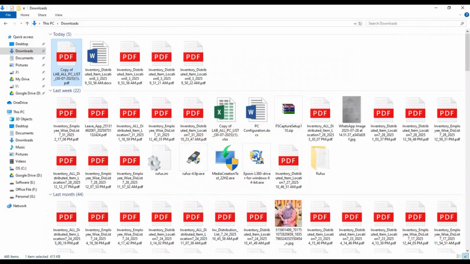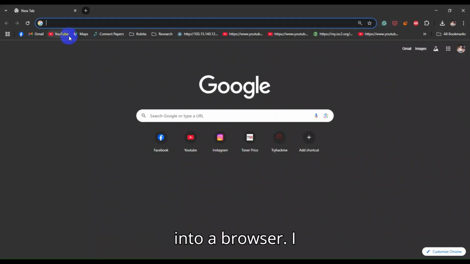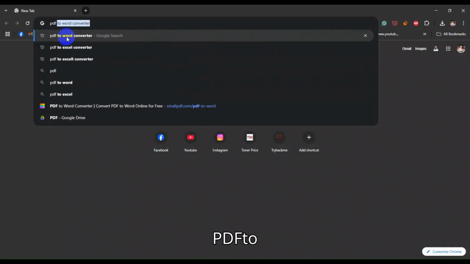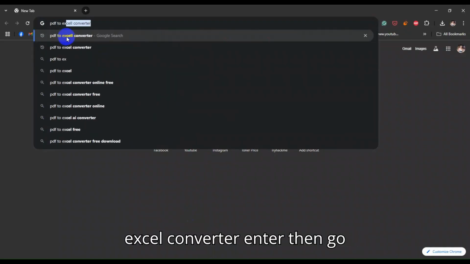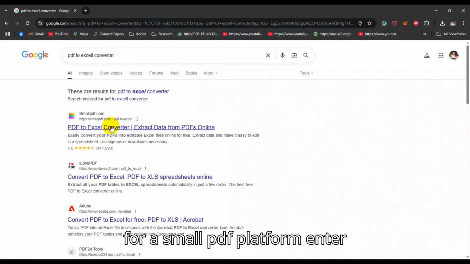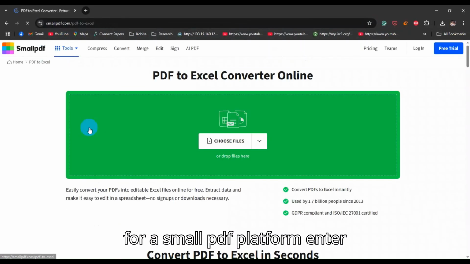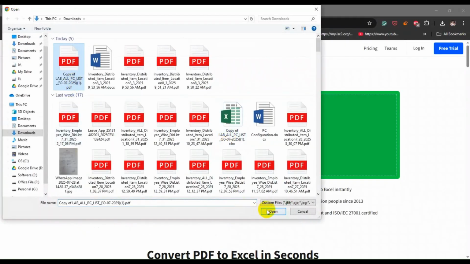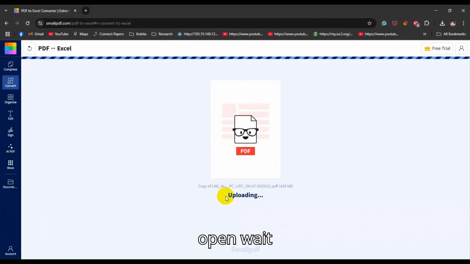We just go into a browser. I choose Google Chrome, then search PDF to Excel converter. Enter, then go for a small PDF platform. Enter, choose file, then select the file, open, wait a couple of seconds,